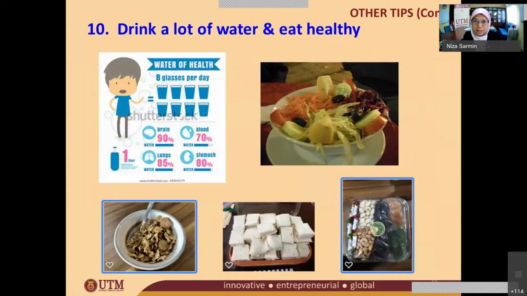You have to be healthy. You cannot think, you cannot work, you cannot read if you are not healthy. So drink a lot of water and eat healthy. Malaysia is a heaven of food. Water, 8 glasses a day, especially even during this Ramadan, right? You can drink a few glasses in the morning when it's buka, after Isha, during your sleep if you wake up, or before the morning,